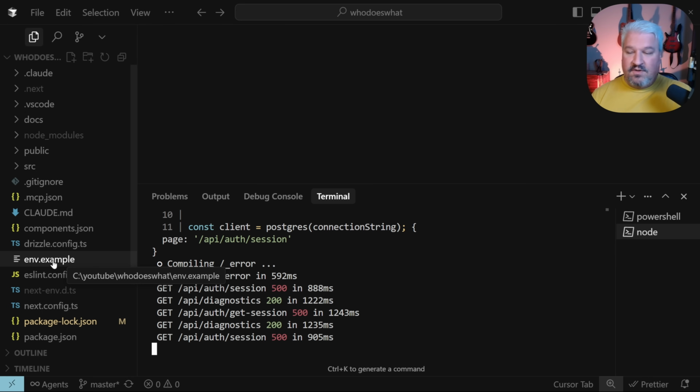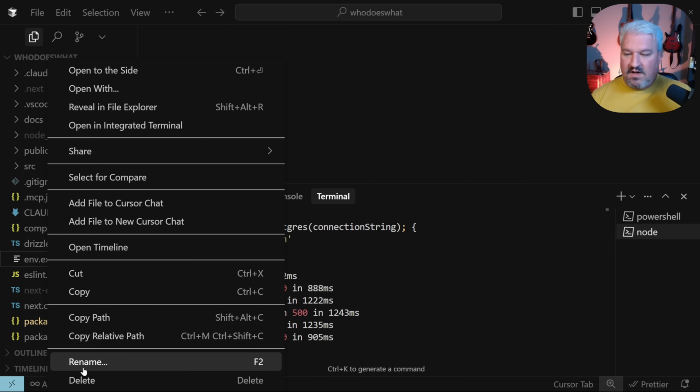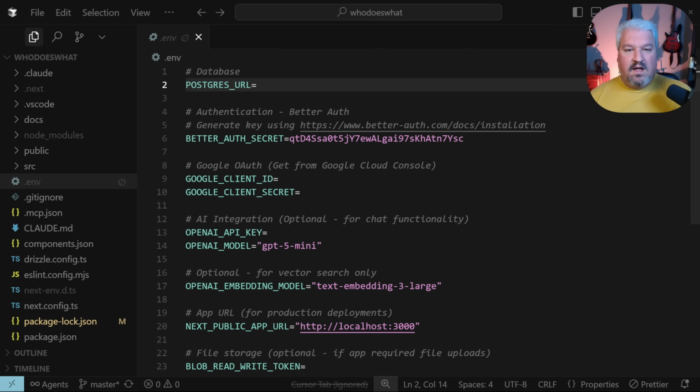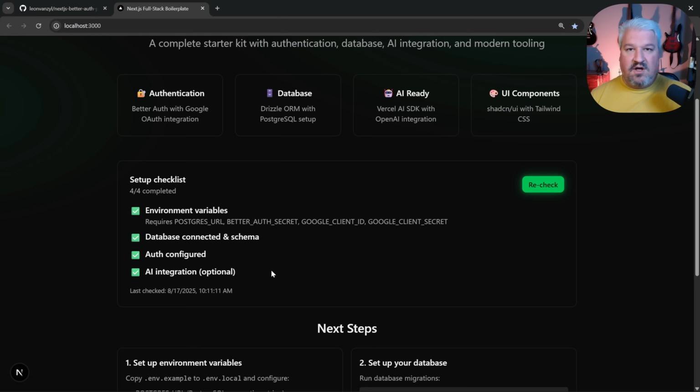What we would have to do is rename this .env.example file to .env, and in this file we simply have to provide a few environment variables. Again, we will go through this entire process step by step during this video. So I've gone ahead and entered all of those details, and now we can see the checklist is complete, and